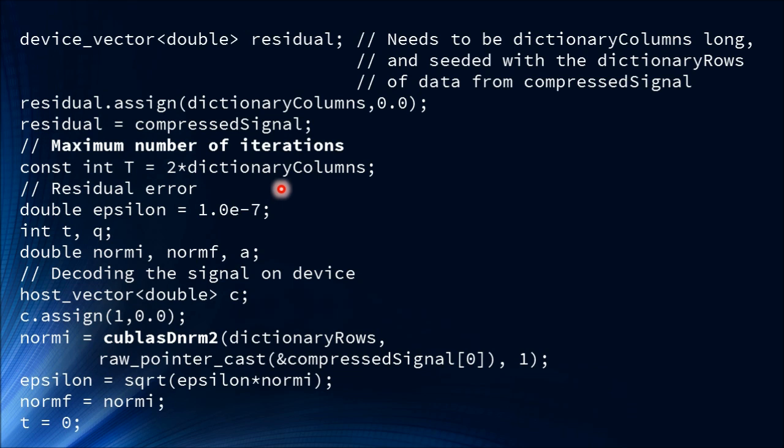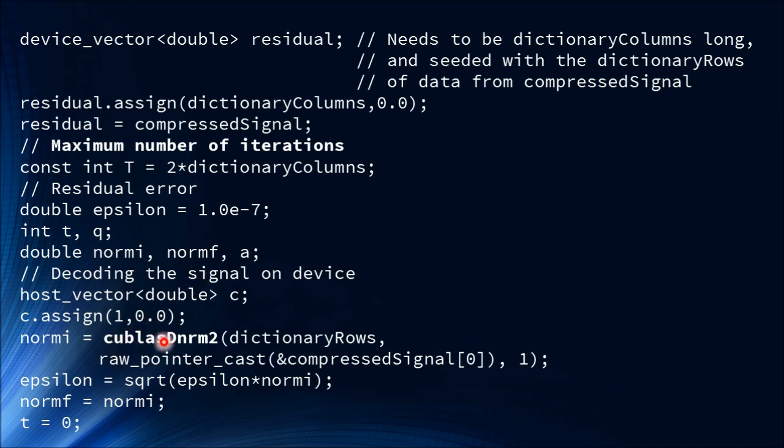Be careful of making this too big, because life doesn't get much better if you increase it. And then residual error. Because you're going from sparse back to real data, this is not necessarily residual error on the real data. So experiment a little and set it where you think works well with your application.